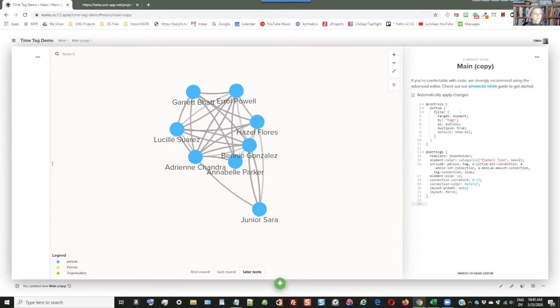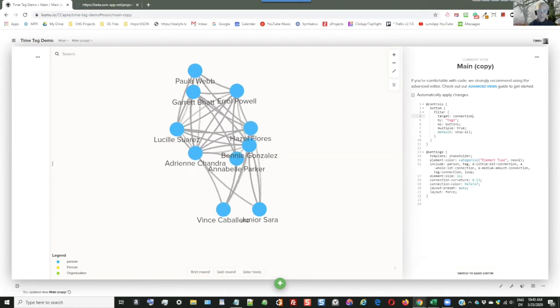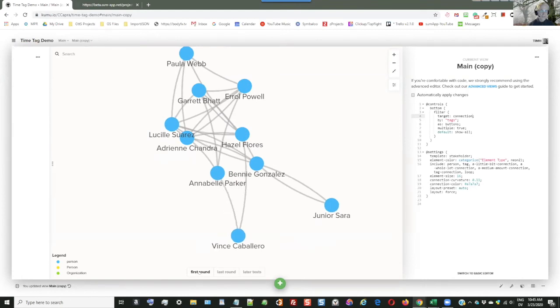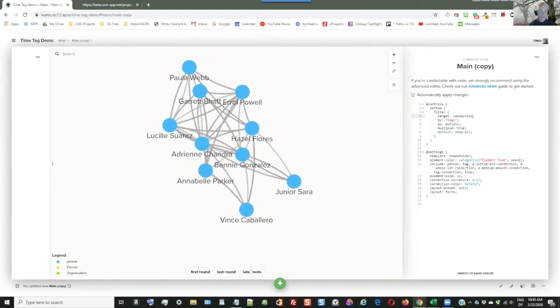So you can easily do that by either using the wizard by selecting filter on connections, or you can just go into your little bit of code here and just change it to connection. And then save it. And now these are filtering on connections. And you get a much different profile when you do that.